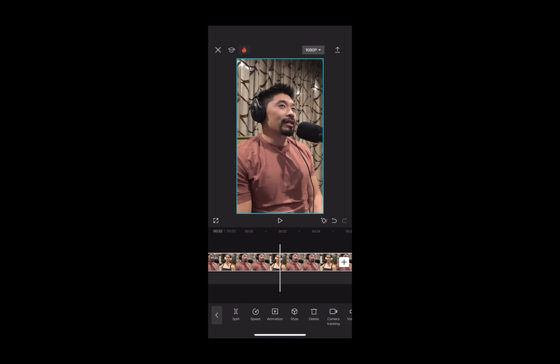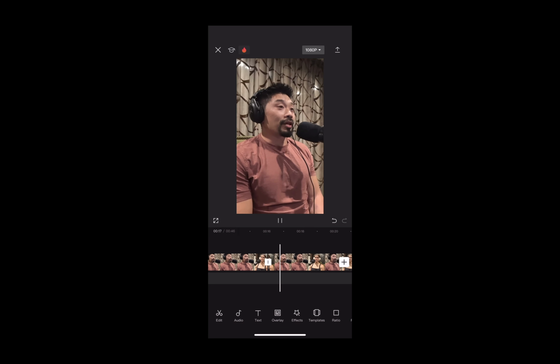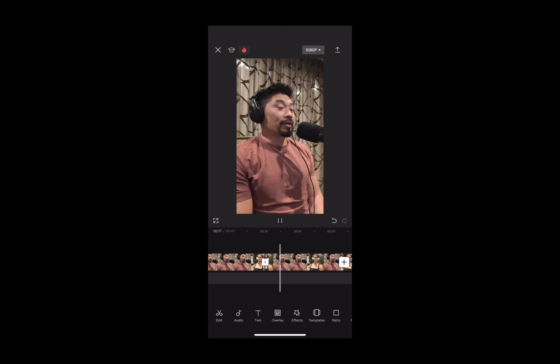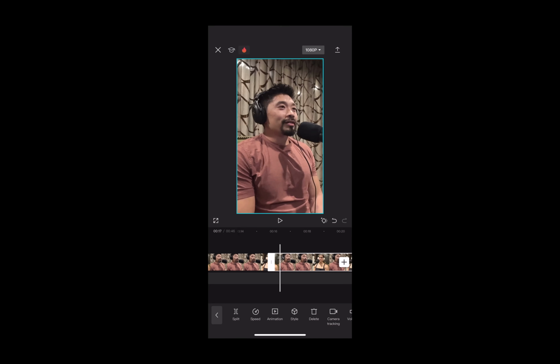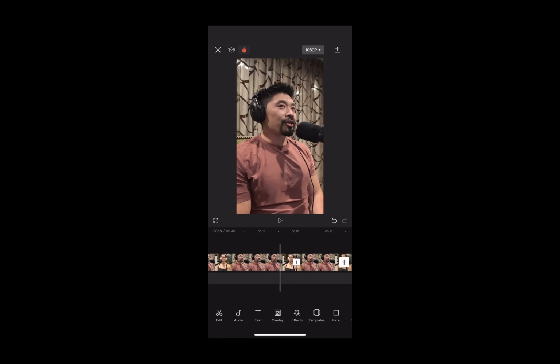So I'll select that. I like to hit split right there on the bottom left, and then I'll select the excess. I'll just hit delete. Cool. Like, a lot of times people think this looks cool. That's a little too long, so I'll cut that down. This looks cool. Like, a lot of times people think